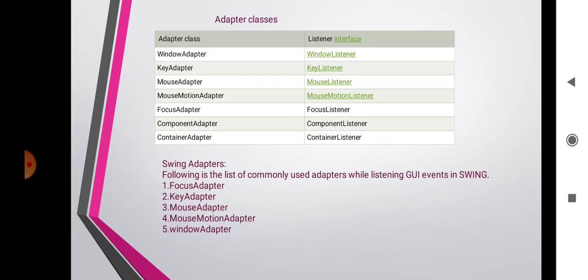Then Swing adapters. Following are the commonly used adapters while listening to GUI events in Swing. FocusAdapter, an abstract adapter class for receiving focus events. Then KeyAdapter, an abstract adapter class for receiving key events. Then MouseAdapter, an abstract adapter class for receiving mouse events. Then MouseMotionAdapter, an adapter class for receiving mouse motion events, and the last one is WindowAdapter, an abstract adapter class